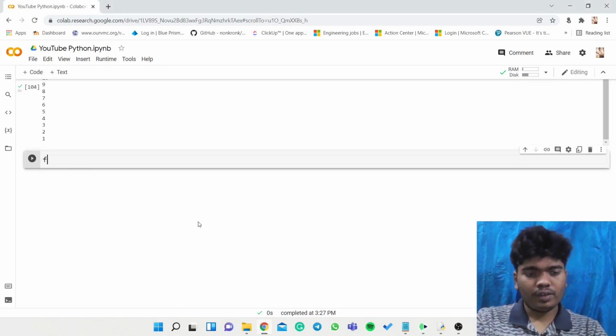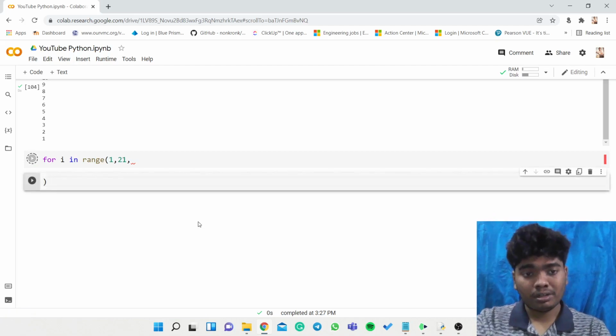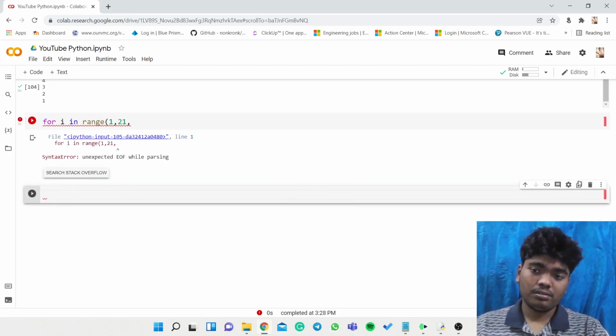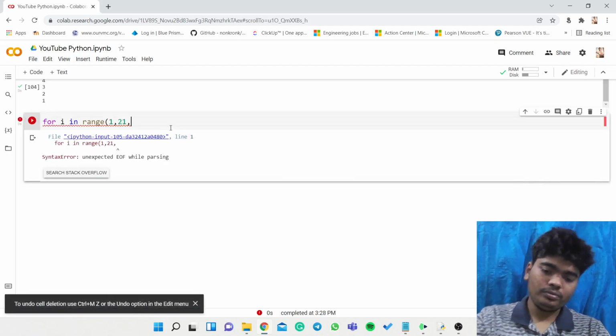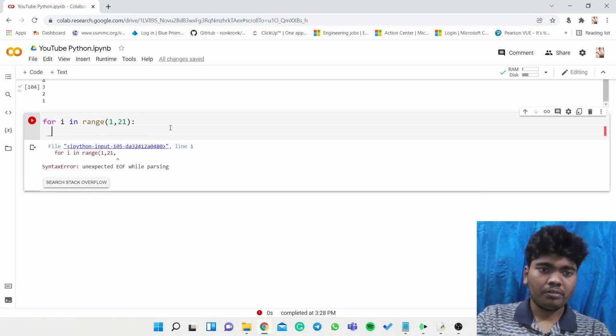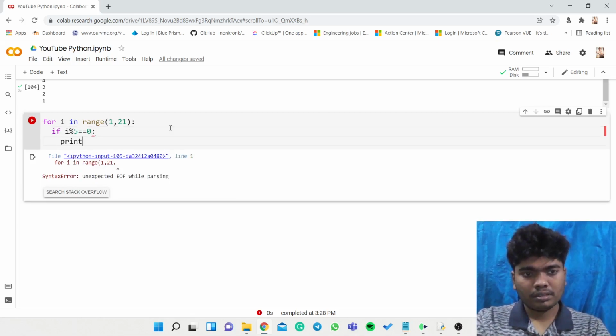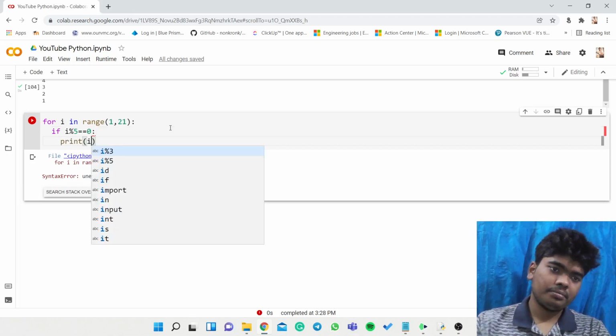So for i in range of 1 to 21 with an increment of 1. I think increment is not required in this case. If i percentage 5 double equal to 0, print i.